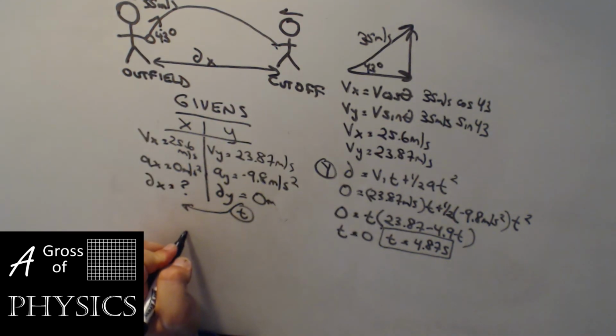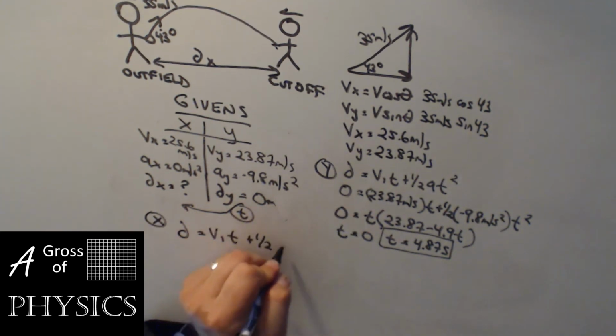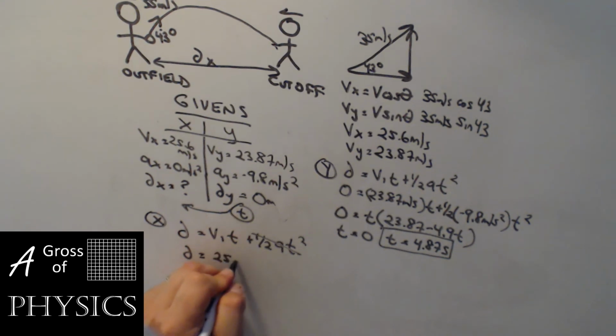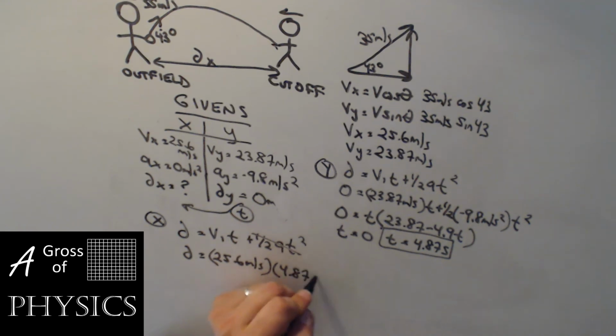Now in the x direction, d equals Vit plus 1/2 at squared. The a term cancels, and you're left with d equals 25.6 meters per second times 4.87 seconds. 25.6 times 4.87 gets us 124.7 meters, which is pretty far. However, that is the answer with the givens we